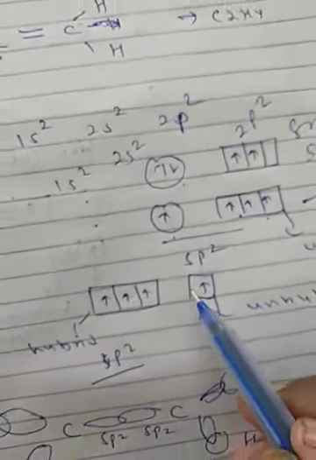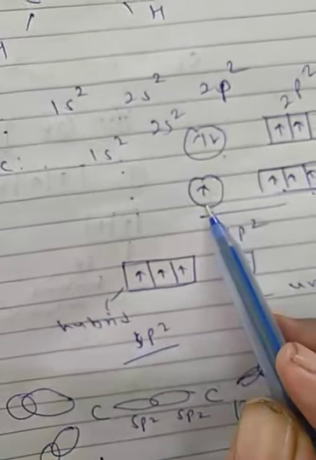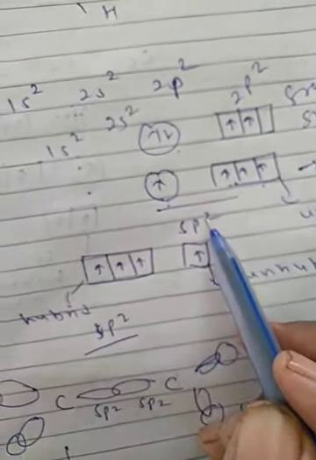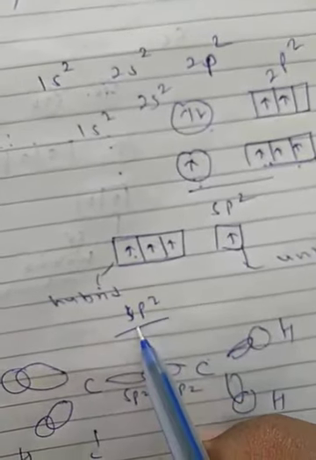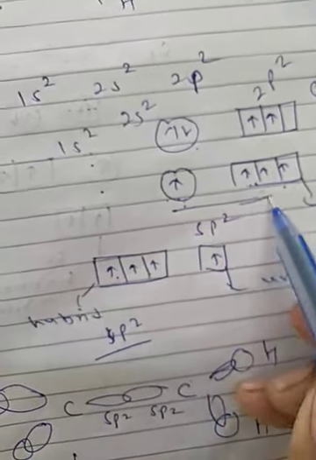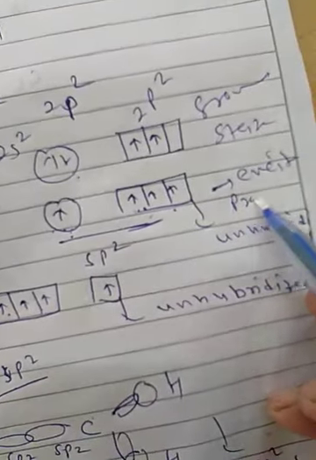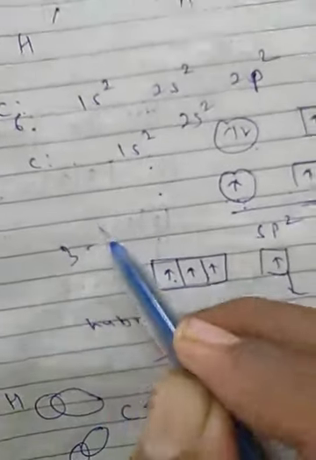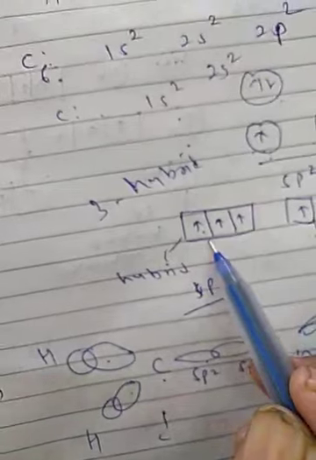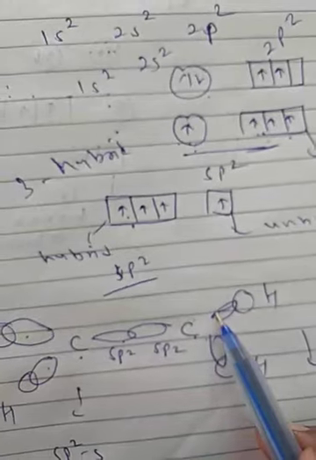But here is sp2 hybridization, so mixing of 1s and mixing of 2p orbitals results into 3 sp2 hybrid orbitals. Remaining px or py, but first pz is taking part and after that px or py can participate. So 3 hybrid orbitals we are getting. So here carbon is having one sp2, second sp2 and third sp2 hybrid orbitals. This carbon is also having this sp2, this sp2 and this sp2 hybrid.